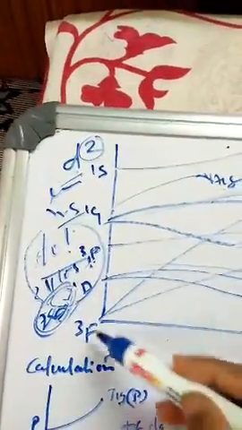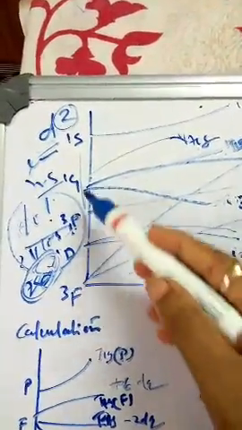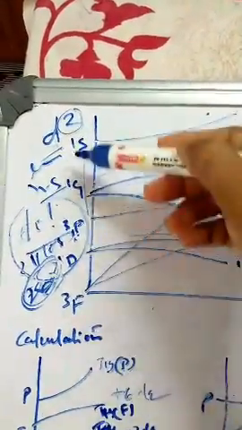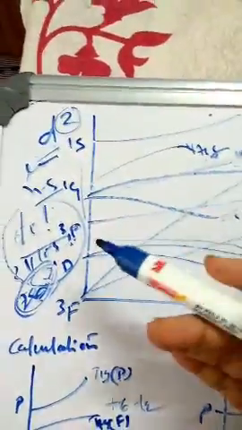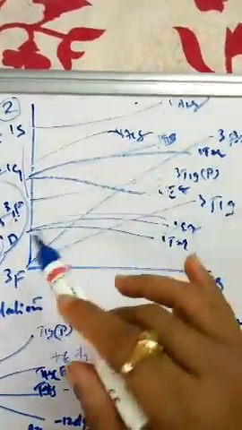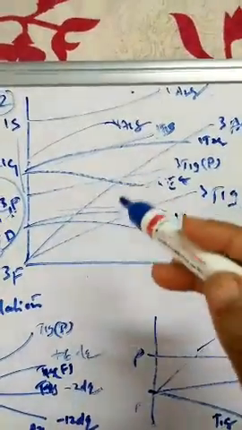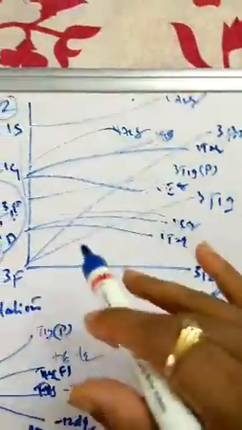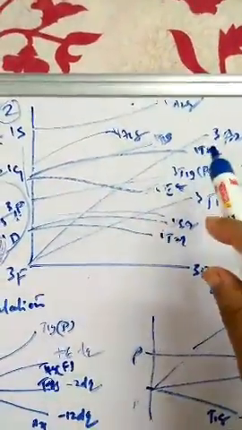If that many microstates are there and we calculate the ground terms, we are going to get again different ground terms. Not only for d2 did we get such ground terms. For d3 it will be more complicated, so we are getting a little bit more ground terms here. That's why the diagram also becomes very complicated, because we have to go for splitting all the terms, and that splitting we have taken in the form of a table, for s, p, d, f, g, h, i orbitals. We have taken the splitting in the previous classes. So you have to see that orbital splitting and arrange, or do this TS diagram accordingly.